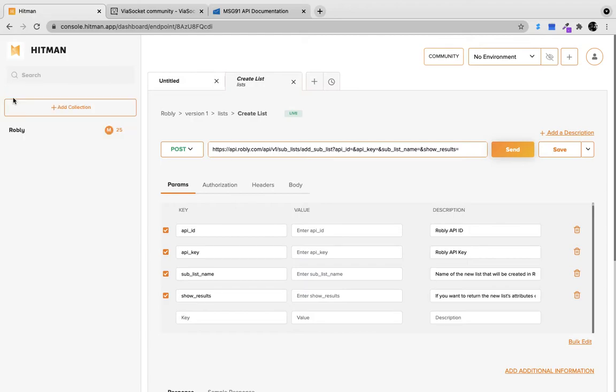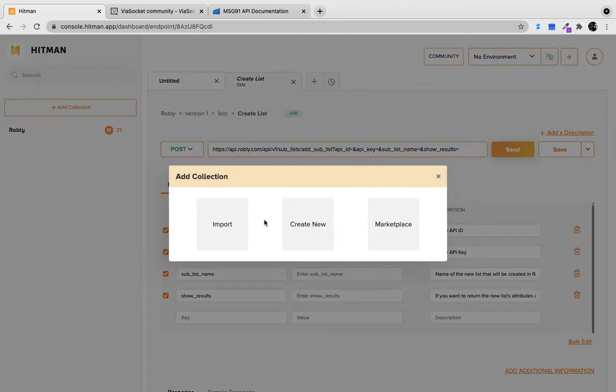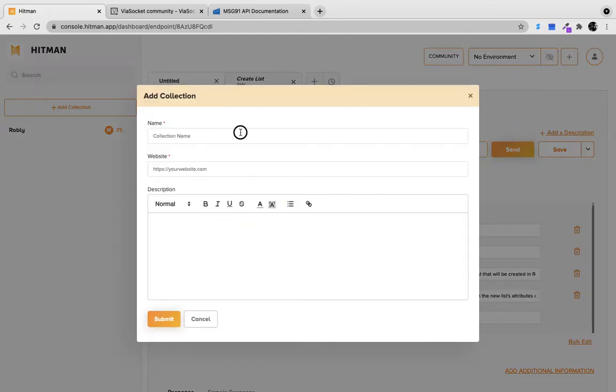Okay. Let's quickly add an API documentation for our own company. Collection name, test doc. Website here, it is asking for the website for which you will be creating this API documentation. So let's say I am the owner of the documentation for testapi.com.